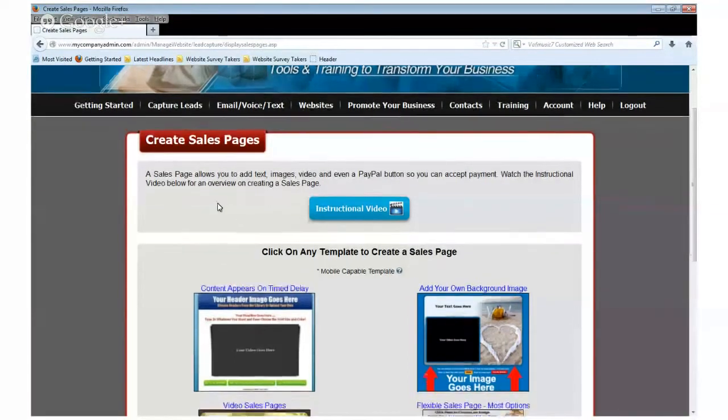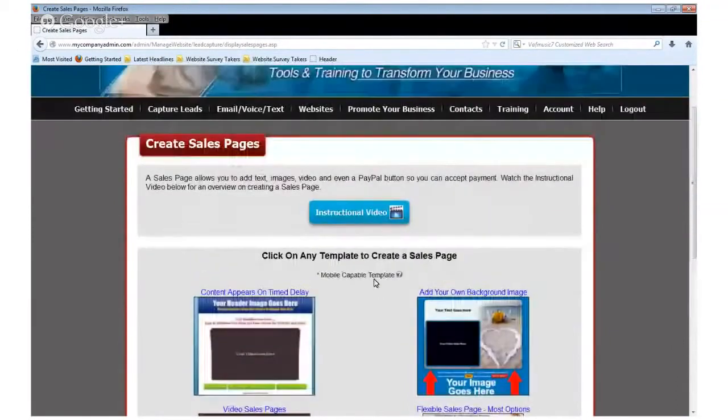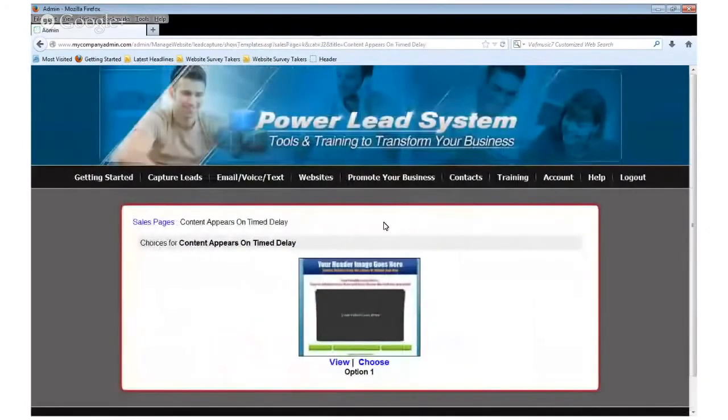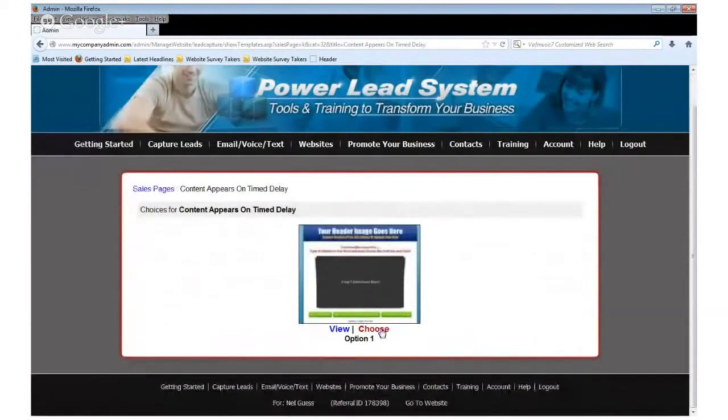So here's some templates we have that you can select from, and I'm going to select this one here. Content appears on time delay, and I like this time delay because I want them to focus on the video first before they see a call to action. So I'm going to choose this one here,